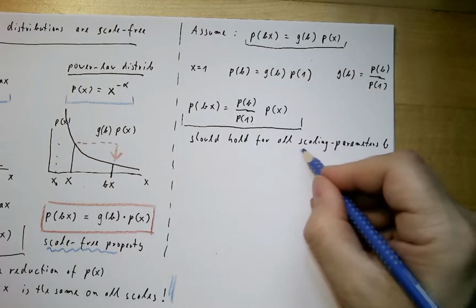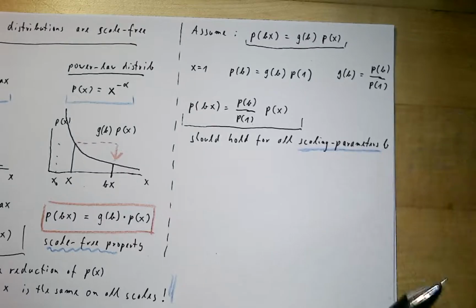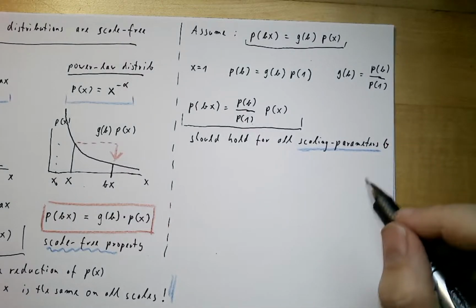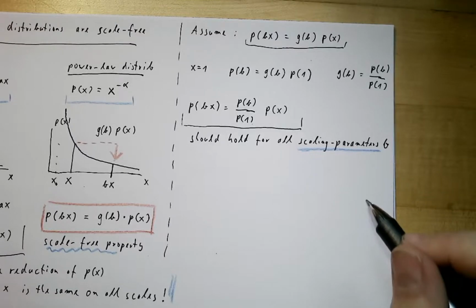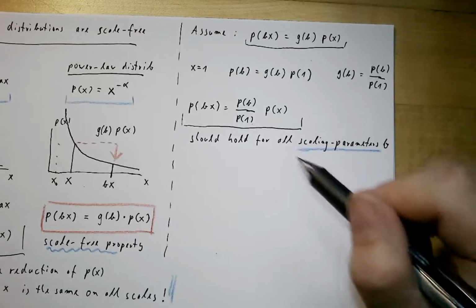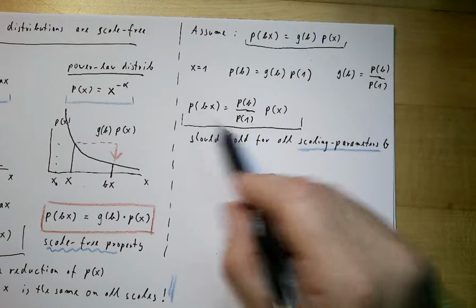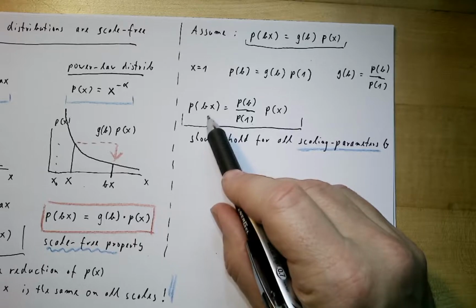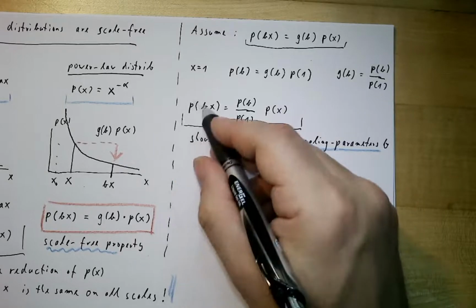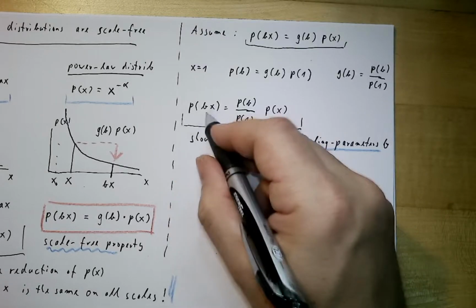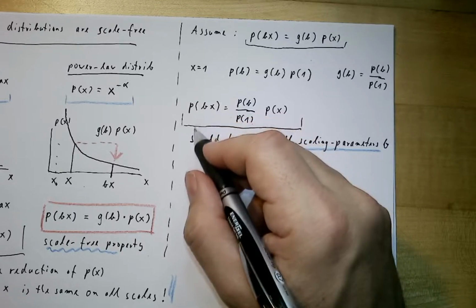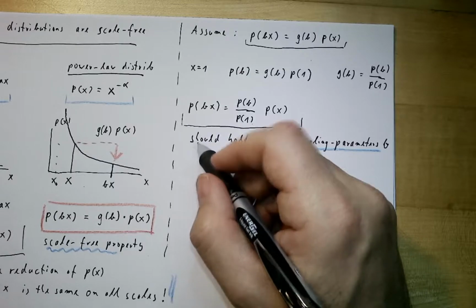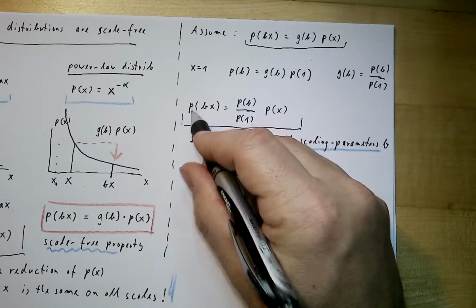And we will call this a scaling parameter b. And so this is a function of b, and so we can take the derivative by b. So let's take the derivative, and yeah, so we have here